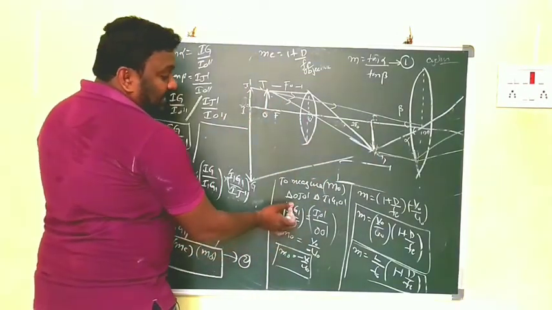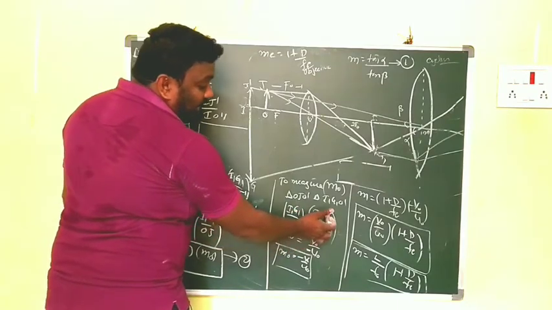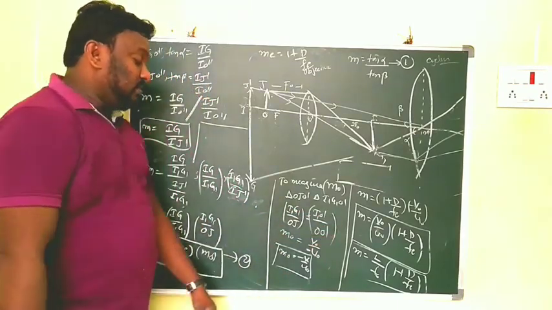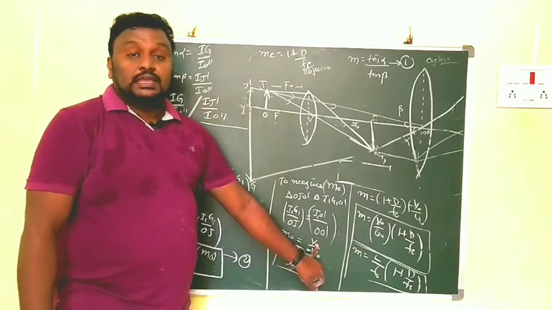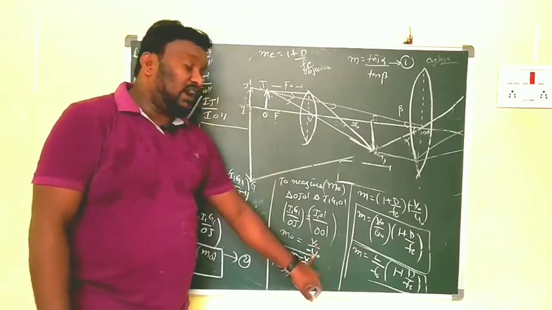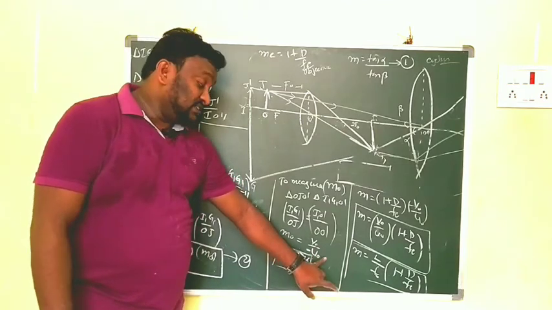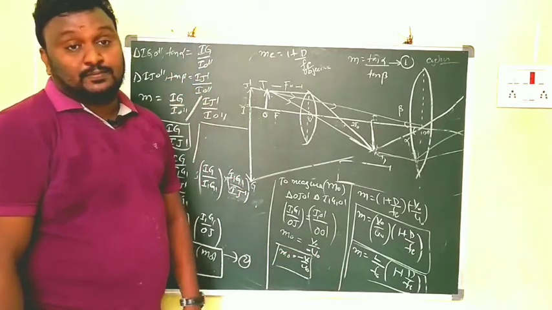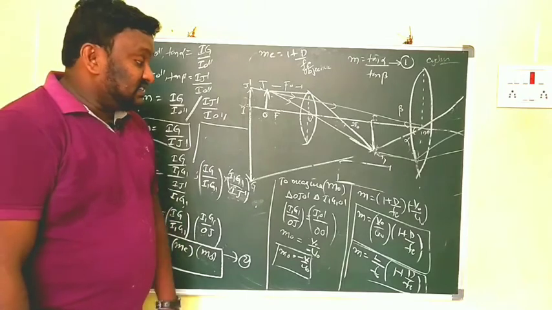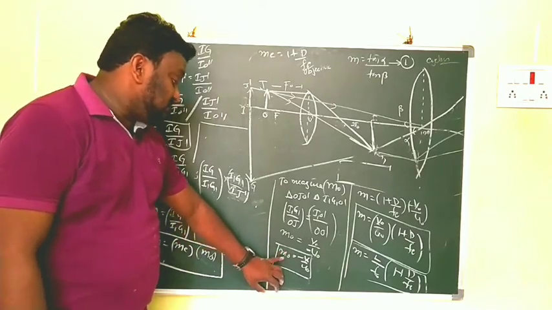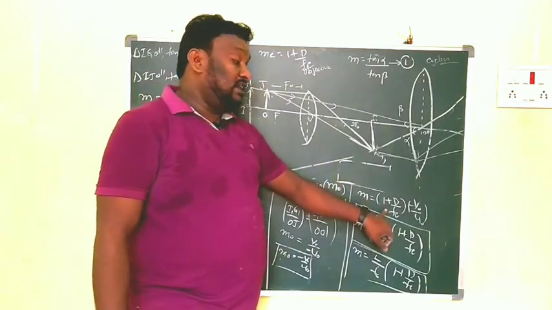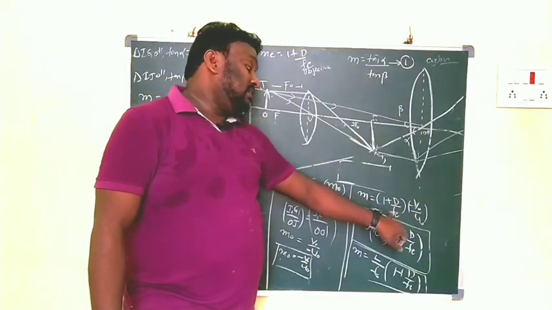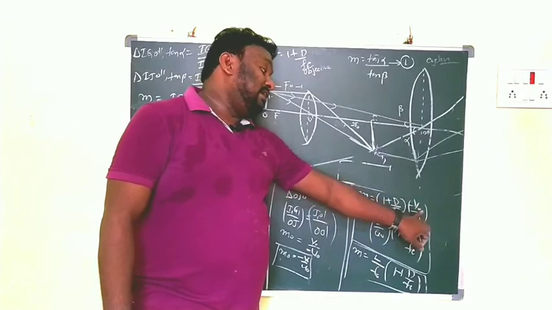So from that we get I1Z1 by OJ is equal to I1O dash by OO dash. From that we get V0 by U0. Here V0 is the image distance of the object lens and U0 is the object distance of the object lens. According to sign convention, U0 is minus. So now we have to substitute these things. This is MO and this is ME. Then we get magnifying power is 1 plus D by Fe into minus V0 by U0.